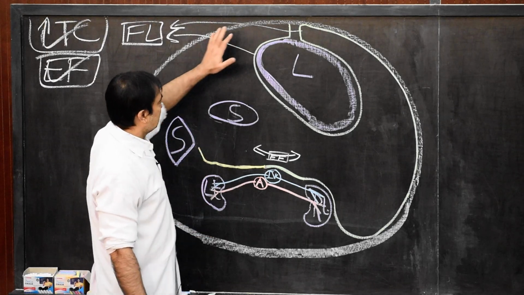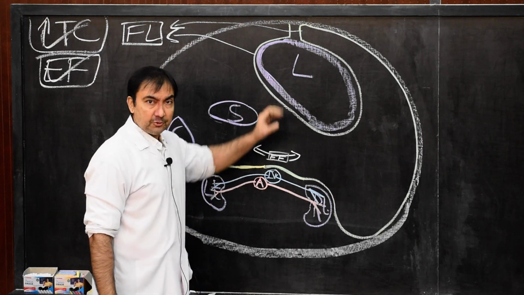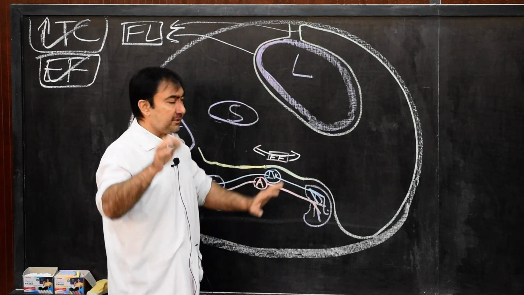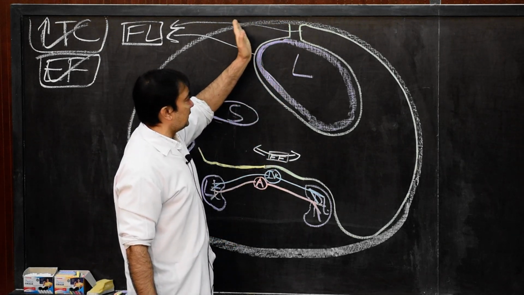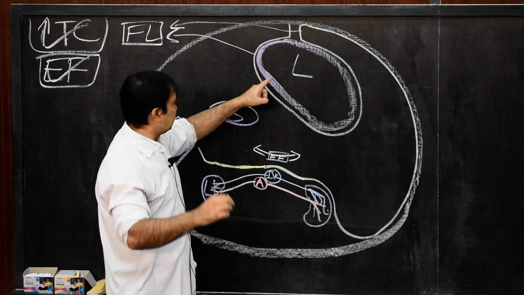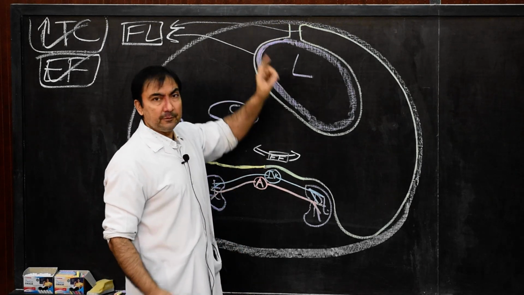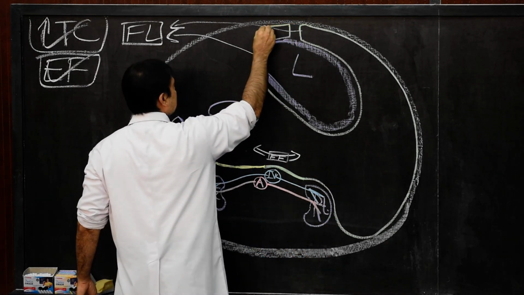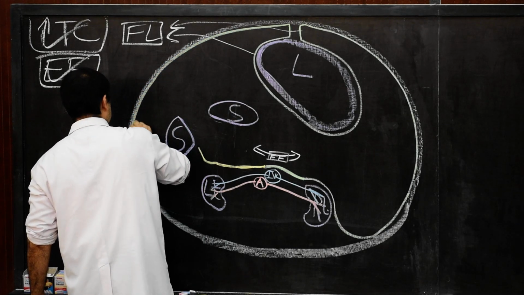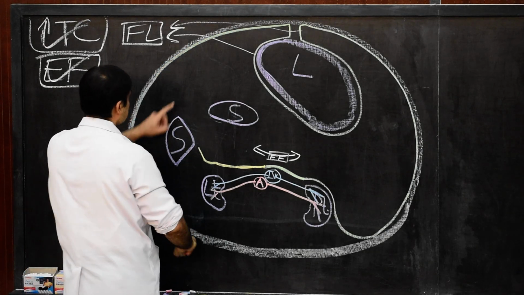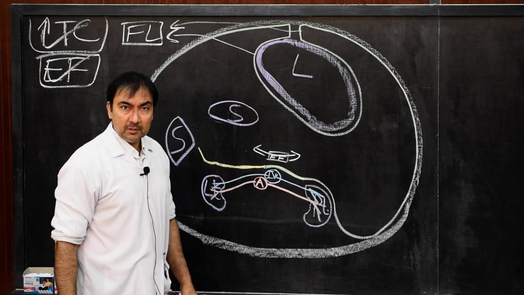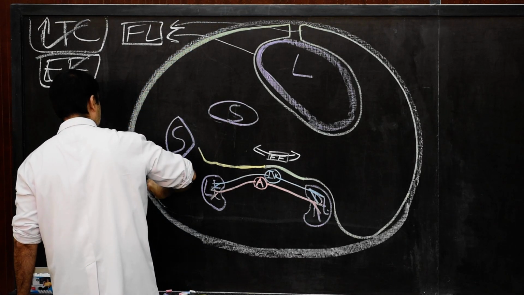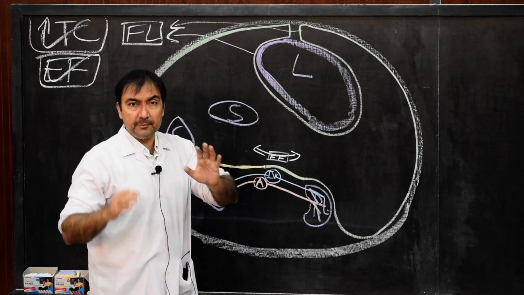Now we come to the liver once again. Greater sac, parietal peritoneum. When we trace the left layer of the falciform ligament, this is the parietal peritoneum, the left layer of the falciform ligament on the anterior abdominal wall. Now if we trace on the lateral side, it will cover the anterolateral aspect of the entire abdominal wall. So this is the parietal peritoneum which is lining the anterolateral body wall. This is the parietal peritoneum of the greater sac.